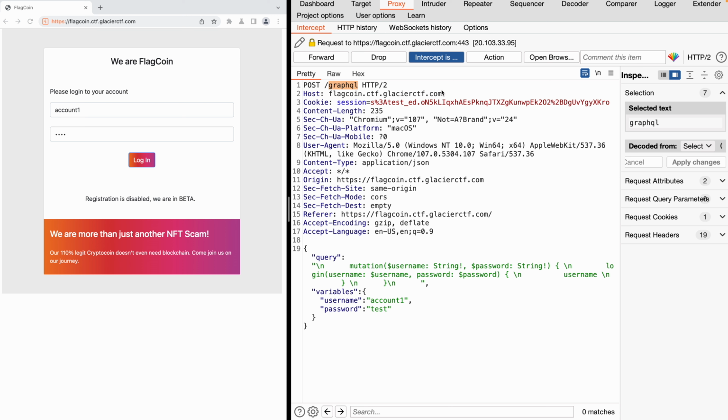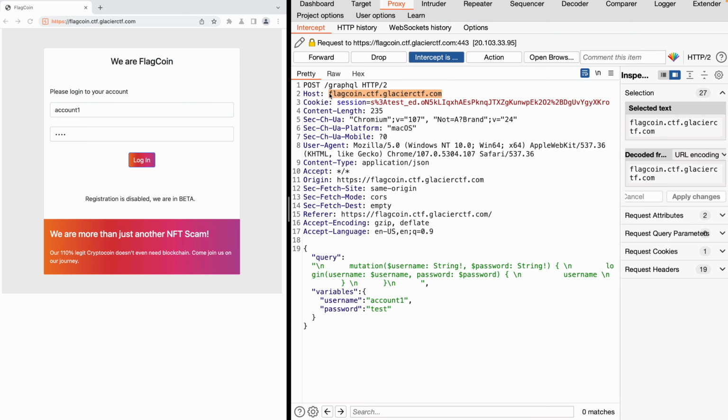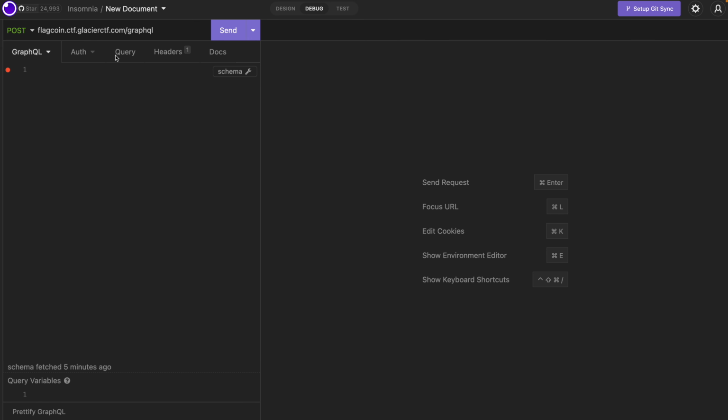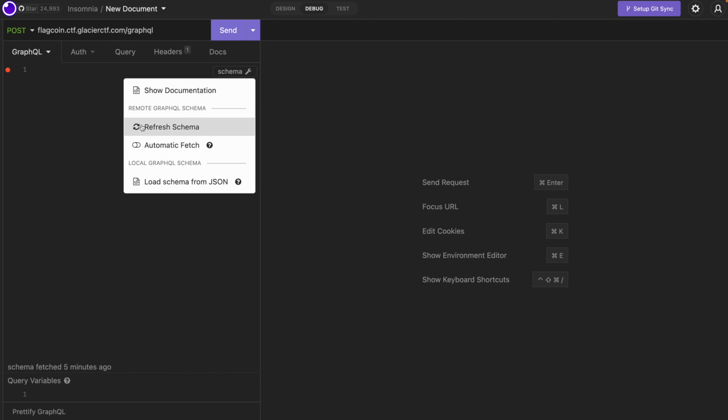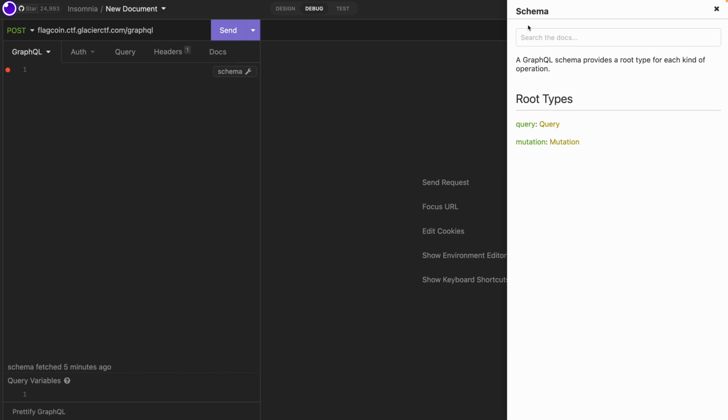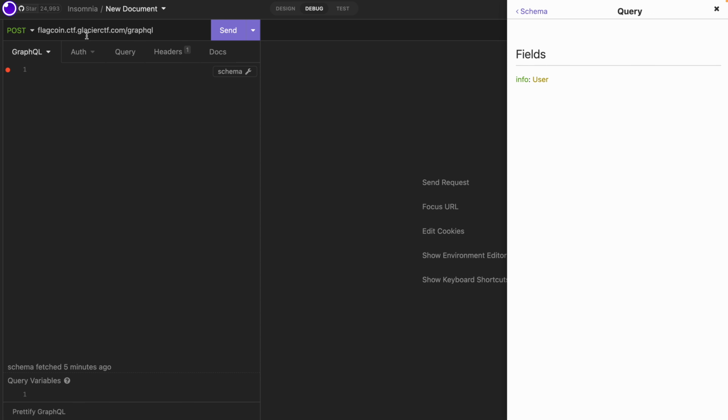So I'm going to take this host and put it into Insomnia, which I've used. I'll put in the GraphQL endpoint, and Insomnia will fetch the schema automatically. Inside schema, if I hit refresh schema, this will spin, and eventually a link shows up, show documentation. If I hit that, it gives me everything that's available on this host via GraphQL. So I can get info on a user,